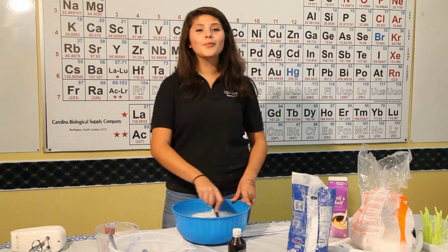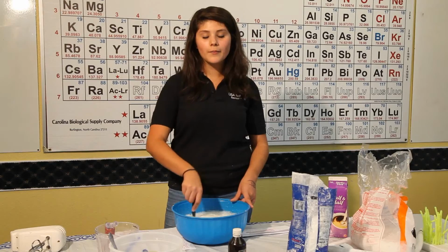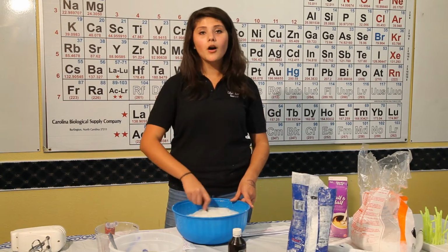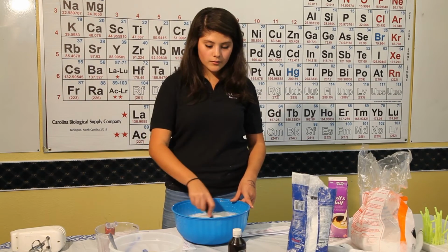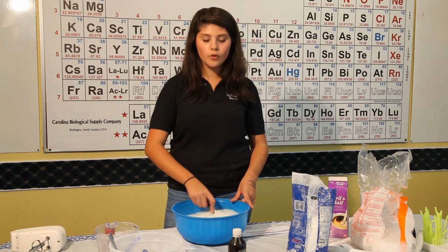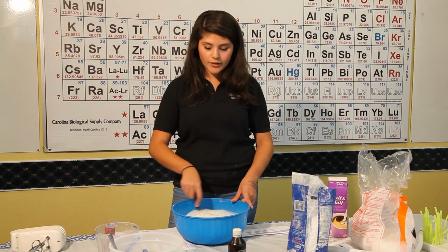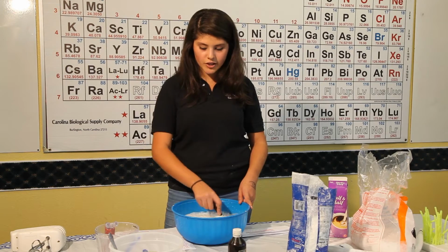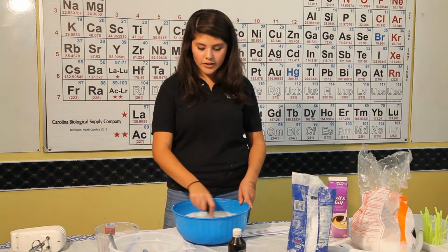So now you're probably thinking, how in the world does mixing powdered sugar, milk, and vanilla extract with dry ice help create ice cream? Well, dry ice is a solid form of carbon dioxide. As liquid evaporates, it gets cold. This happens because it takes energy to turn a liquid into a gas, and that energy comes from heat drawn